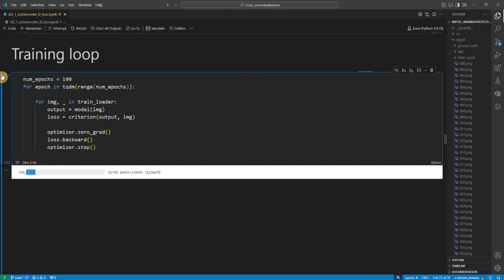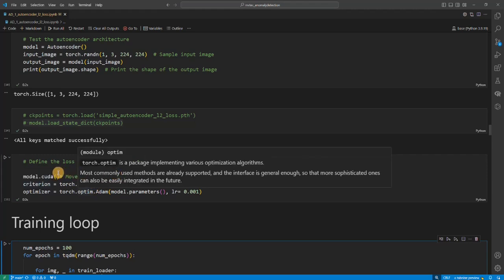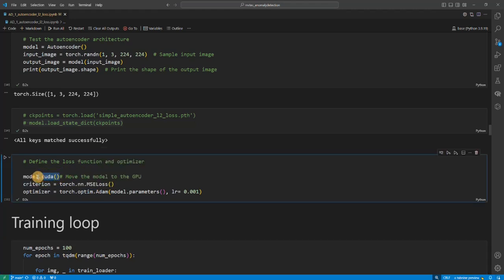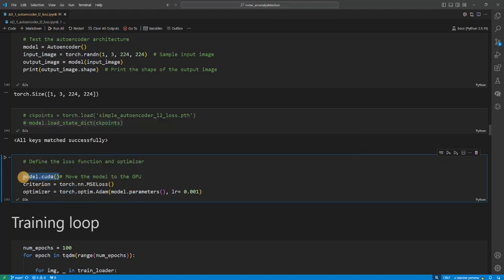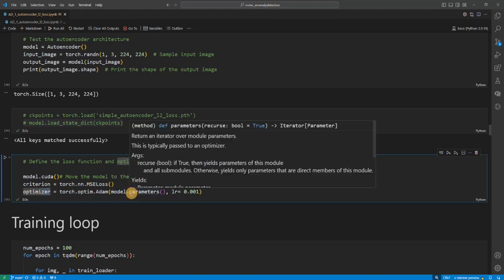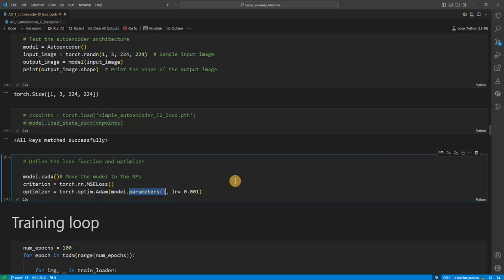So right now I'm going to stop this CPU implementation and I'm going to show you how you can do this using the GPU. To take our model to the GPU, it's a very simple thing. We just have to write model.cuda. This will move our model to the GPU. All right, and remember to put this model.cuda before the optimizer, because the optimizer takes model.parameters, which should be